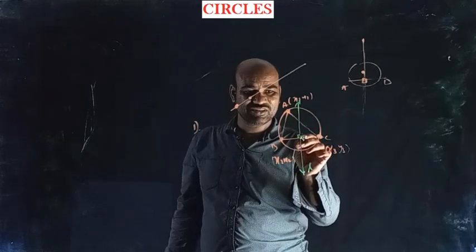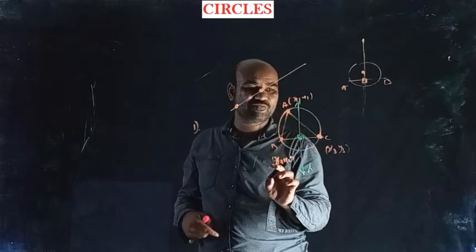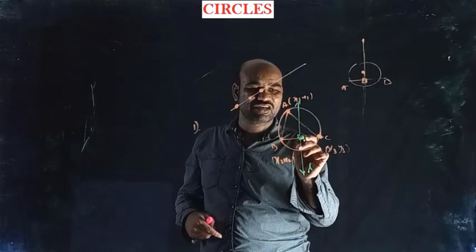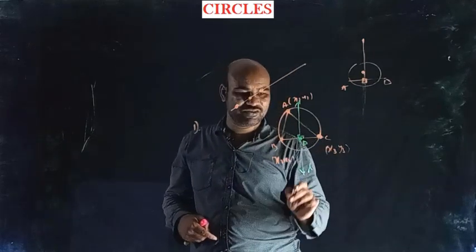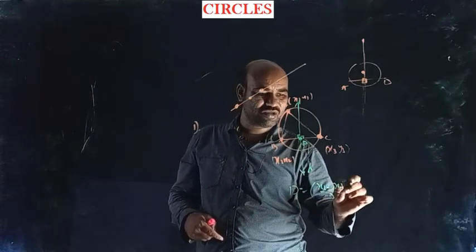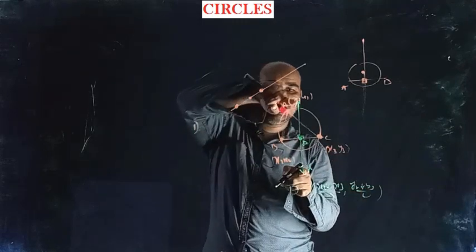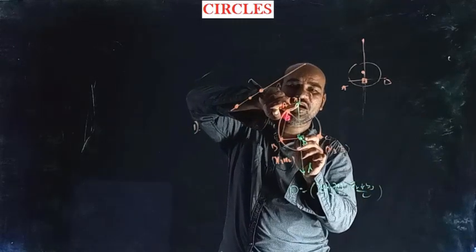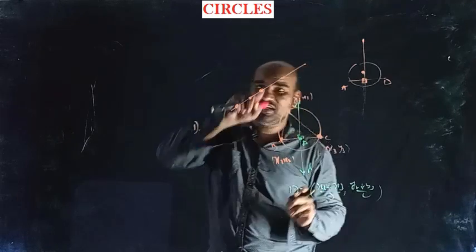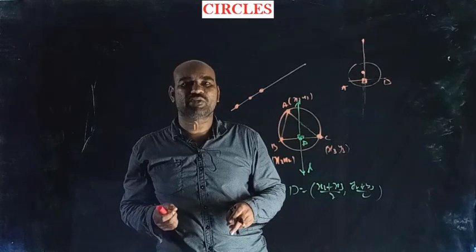Perpendicular bisector means this is the midpoint. So by using the midpoint formula, with the coordinates of B and C, you can find the coordinates of D. D is nothing but (x2 plus x3 by 2, y2 plus y3 by 2). We want to find the equation of L. One point is there on L. If we know its slope, then you can find its equation by using slope point form.